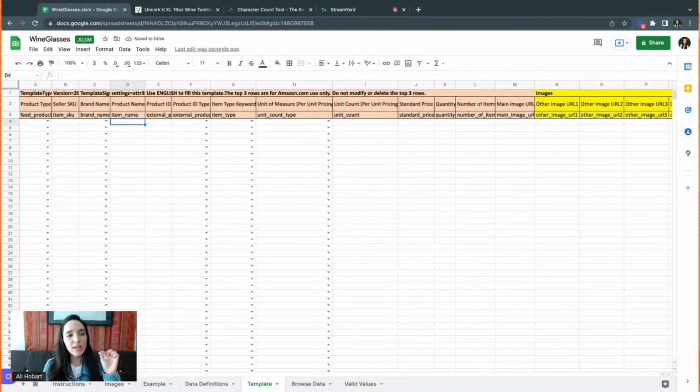And another quick note is that all of these cells that have the little arrow for the drop down menu mean that you have to select one of these options. And right now it loaded. Sometimes with Google Sheets, it's just going to be stuck on loading for a while. But I'm going to show you a trick that is really helpful to get around that. So first, product type.